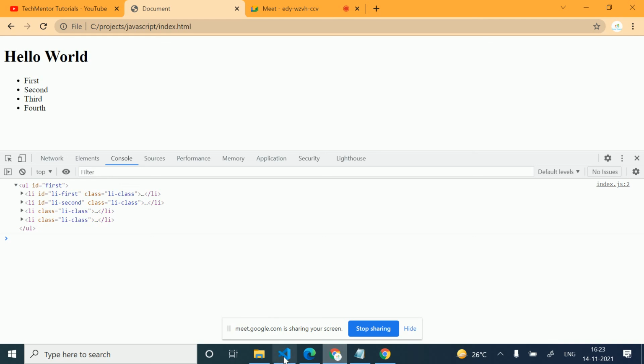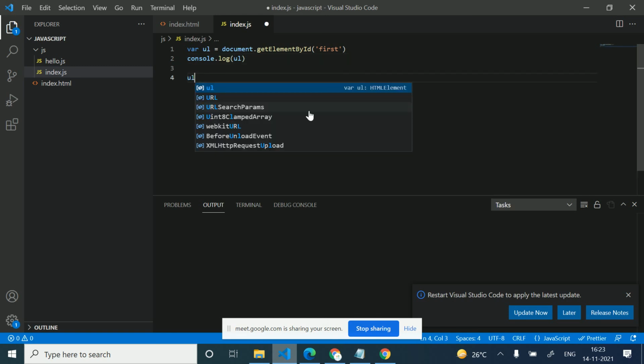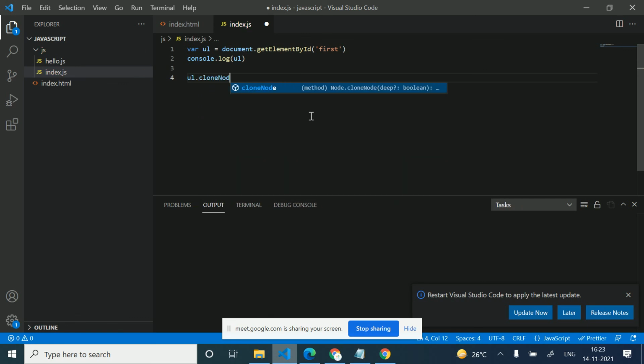Okay, so now we will use the clone node function here, like ul dot clone node, and I'm creating an object, new ul. Okay, and it accepts a parameter as well. Let's check with the new ul first.